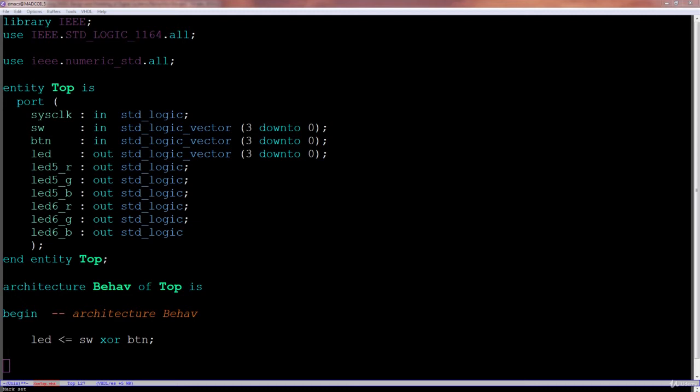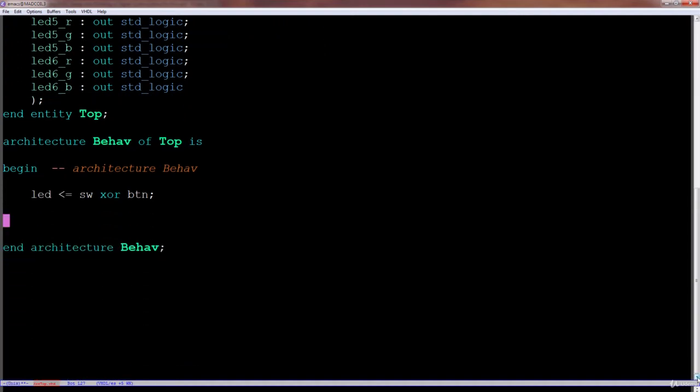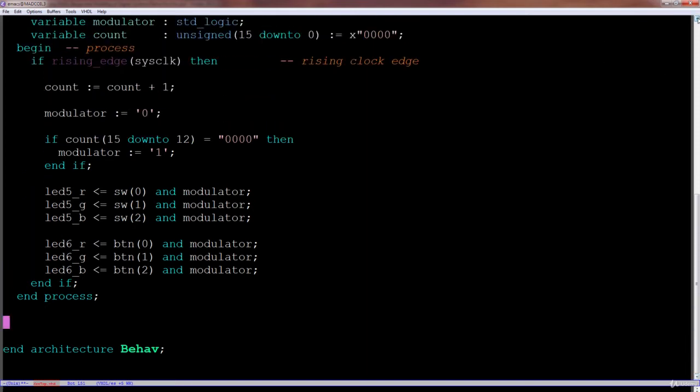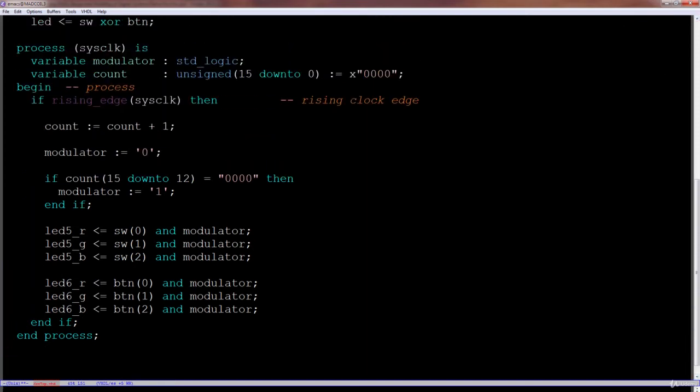Which takes care of our LEDs, but our tricolor LEDs we have to be especially careful with because they need to be driven with PWM. Basically what we're going to do is create a process, and the process uses sysclock as a sequential process. Every time the rising edge of sysclock happens, we increment count, and we